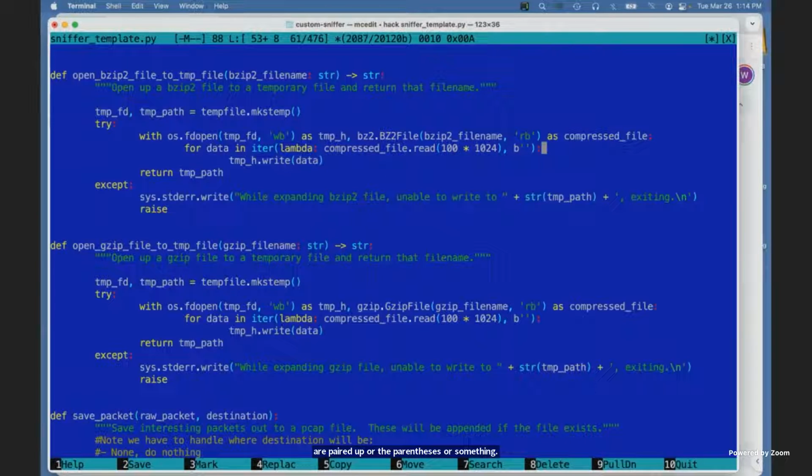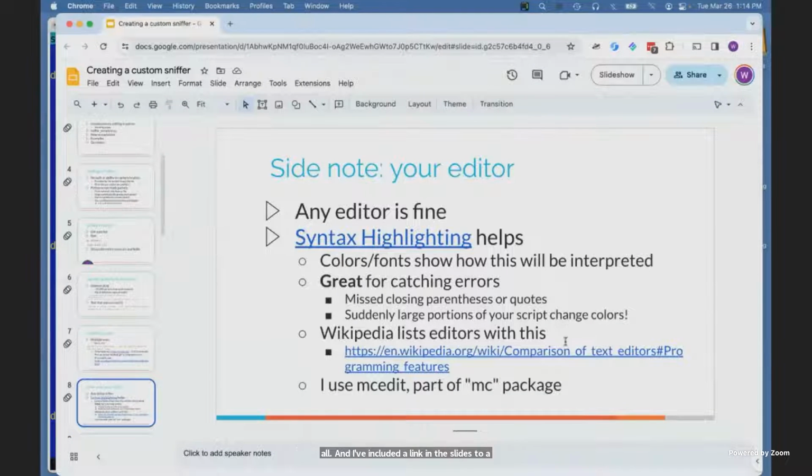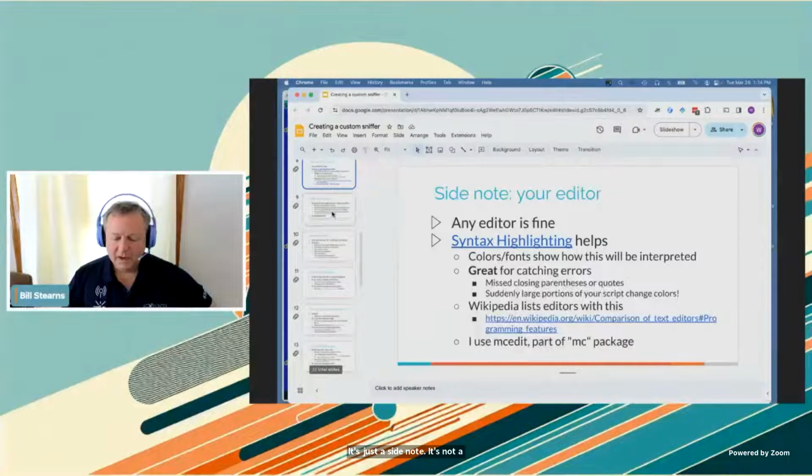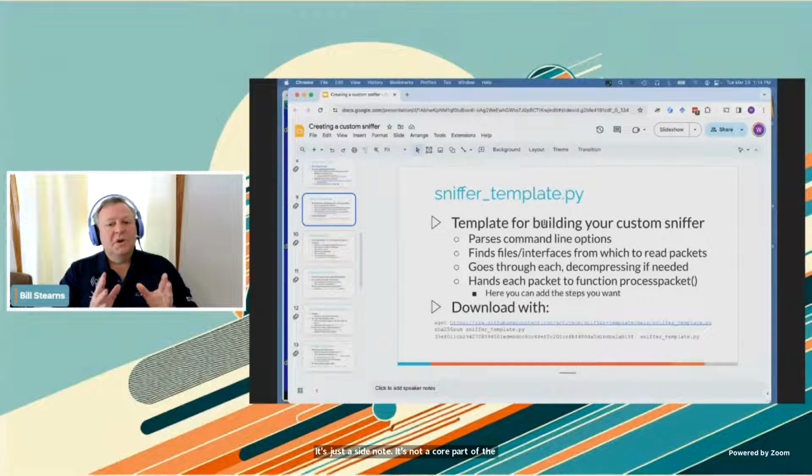Most editors have some ability to do this, but not all. And I've included a link in the slides to a Wikipedia page that talks about the ones that do have the ability to do syntax highlighting. It's just a side note. It's not a core part of the presentation. Okay. So let's get back to